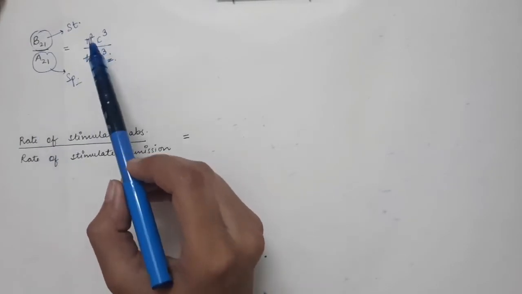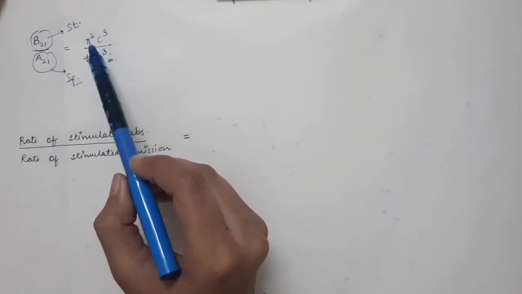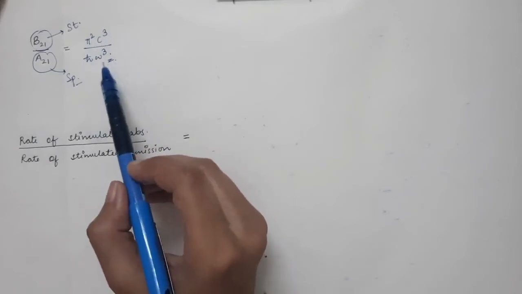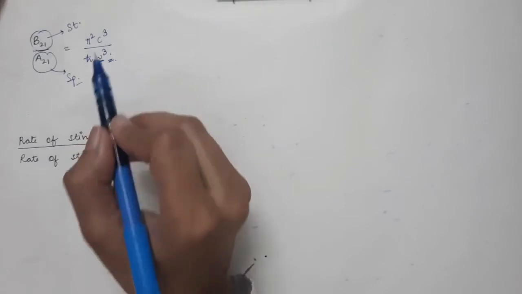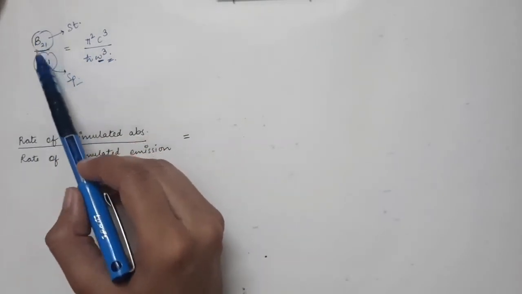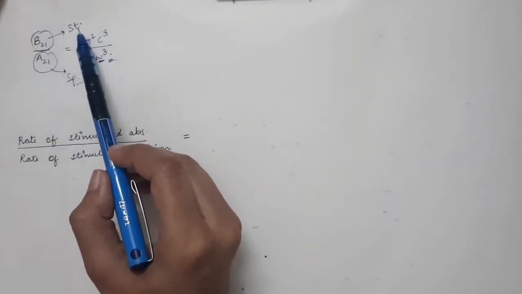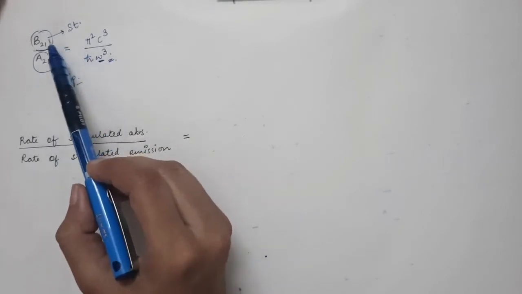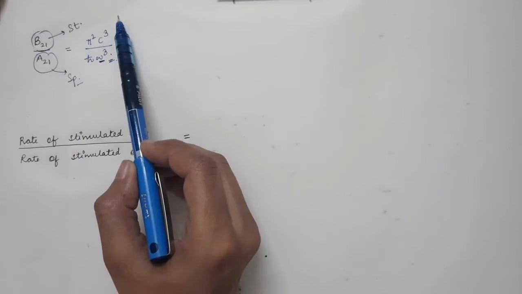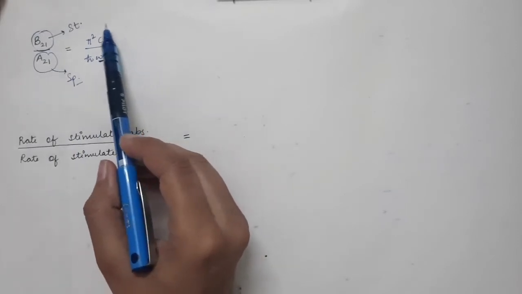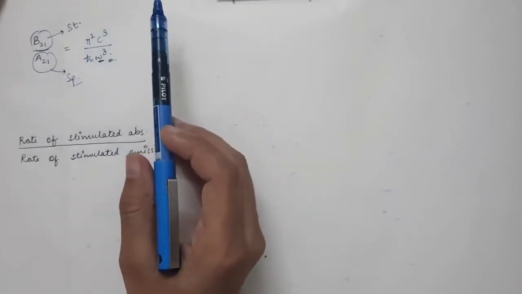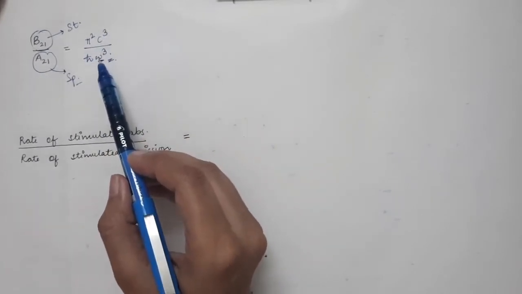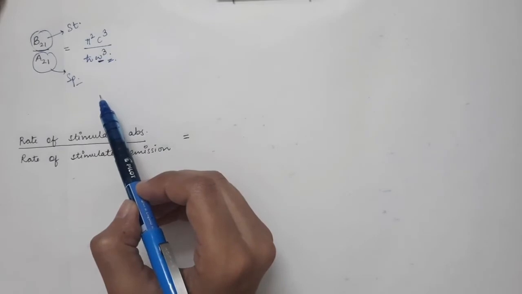In this fraction you can see that pi is constant, c is constant, h cut is constant. What can we vary? We can vary this omega. In the numerator we have stimulated emission and in the denominator we have spontaneous emission. We want more stimulated emission to occur in a laser. So what do we want? We want this fraction to be more. For this fraction to be more, this omega has to be decreased.